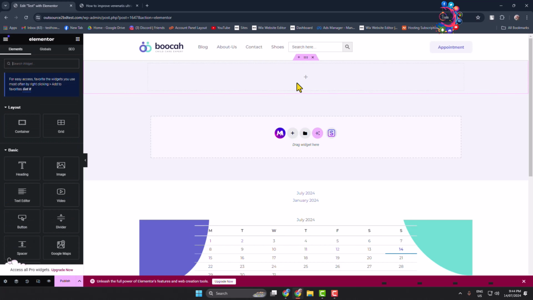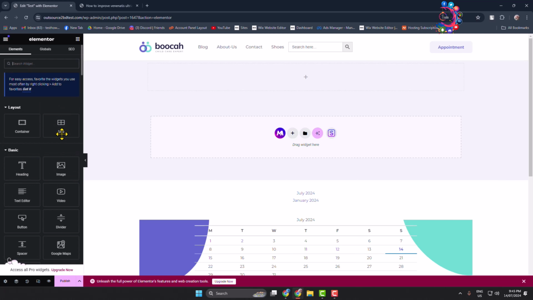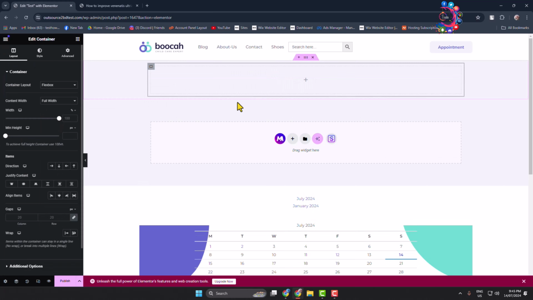Okay, now it's time to add here a video background. So just click on this plus icon, and in this search widget you have to type here. So all you have to add this container here. Once the container added, now go to style tab,